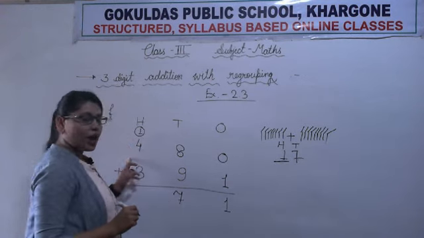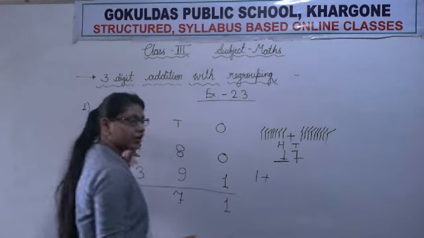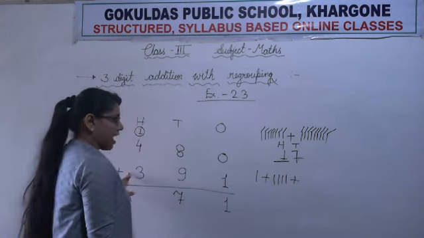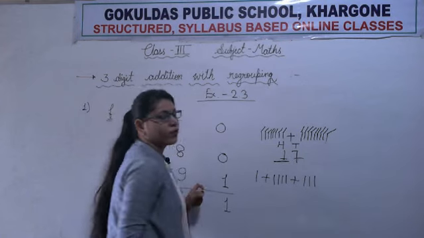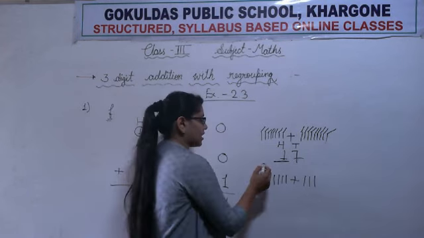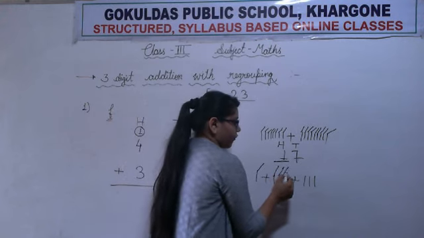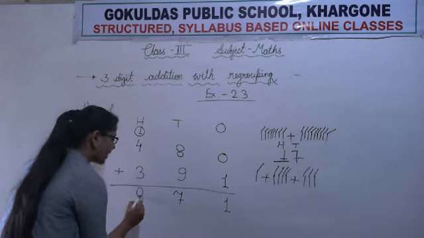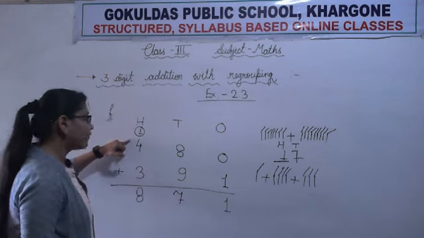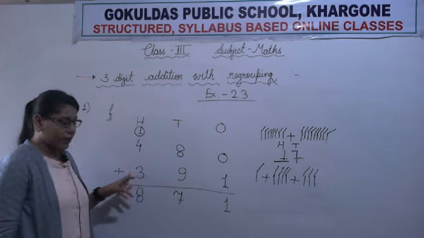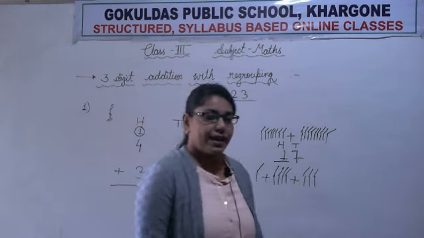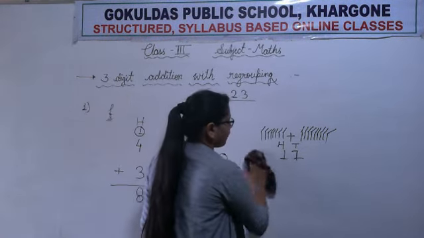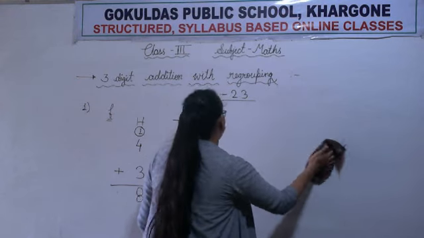Now we will add the hundreds column. The very first digit is 1, which is carry. The next digit is 4, so we will draw 4 sticks, and the last digit is 3, so we will draw 3 sticks. Now let's count how many sticks in all. 1, 2, 3, 4, 5, 6, 7 and 8. So we will write the number 8 here. So when we add 480 and 391, our answer will be 871. Now again, this all is rough work, no need to do it in your fair work.